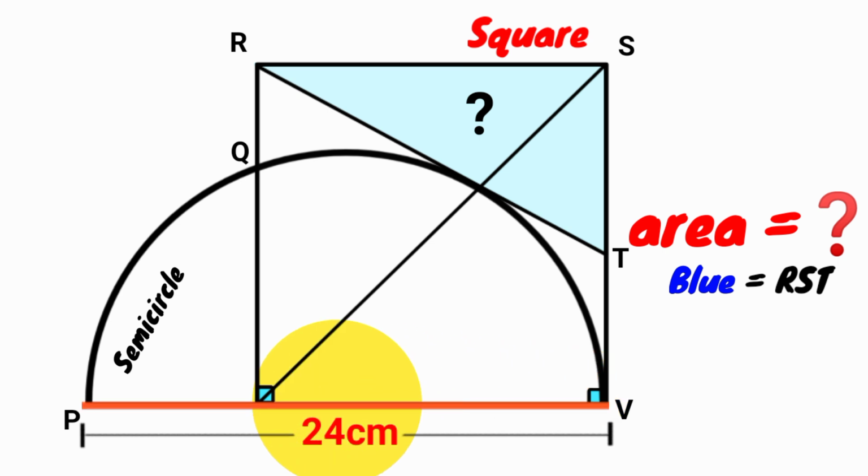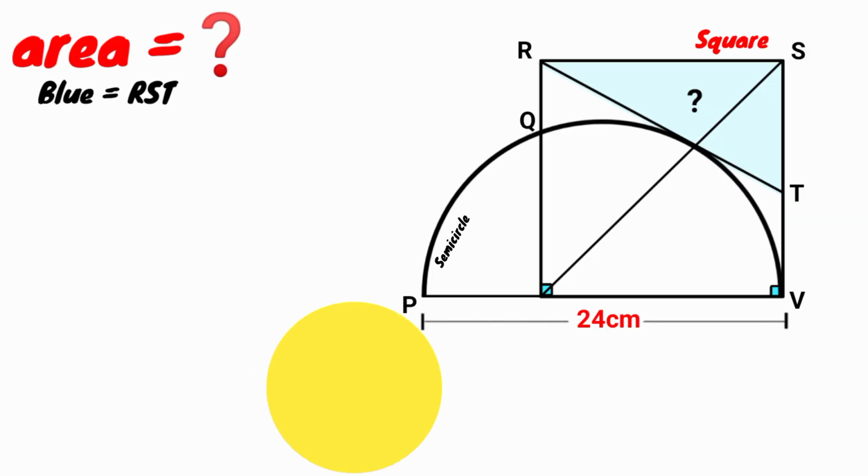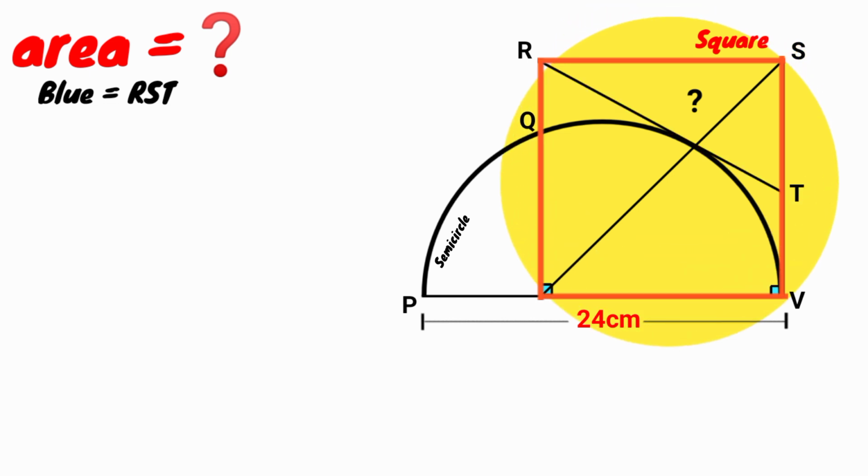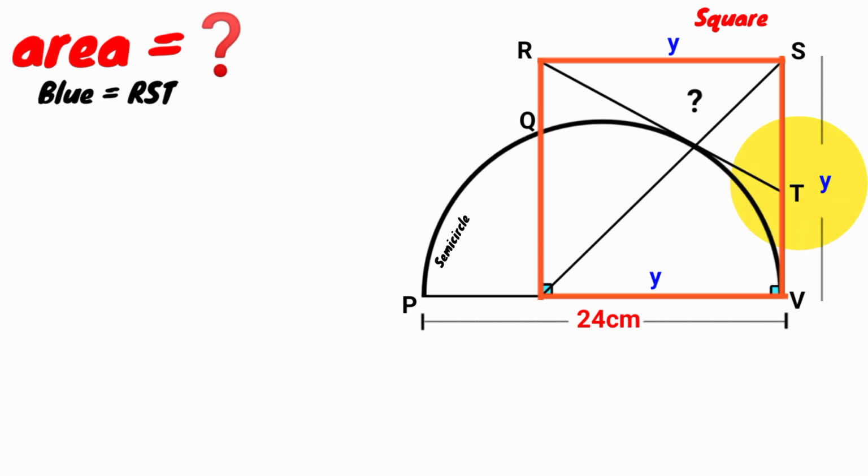So how can we solve this? How can we calculate the area of this triangle RST? Well, it is very simple. This quadrilateral is a square-shaped quadrilateral. One of the properties of a square-shaped quadrilateral is that all four of its sides are equal in length. That is, this side, this, and this are congruent. So if you assume this to be y, this side, this, and this must also be y. Another property of a square is that all its angles are right angles, meaning this angle and this are also